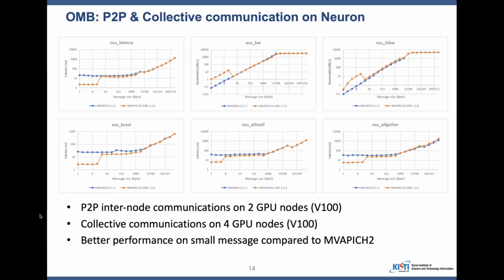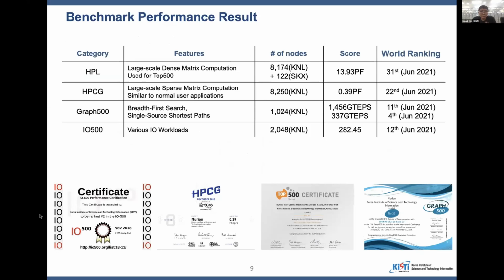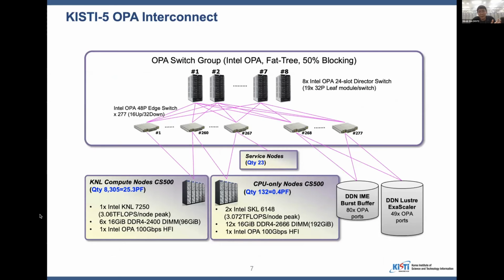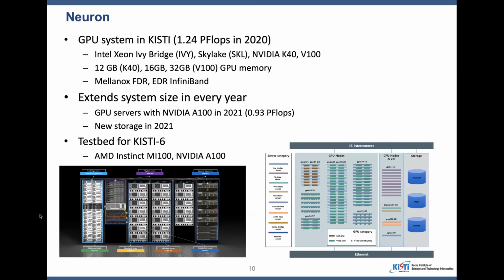Can you hear me? Yes, but Bharat, do you have a question? Yeah, I have a question. So sorry, Dr. Kim, I think I missed a couple of portions because my internet wasn't working. Can you just clarify one thing for me? So the KISTI supercomputer has an InfiniBand installment, and the Nurion supercomputer is PSM, right? So the Nurion supercomputer has OPA interconnect. Okay. The GPU system Neuron has InfiniBand interconnect. Okay, so in your evaluations on Neuron,